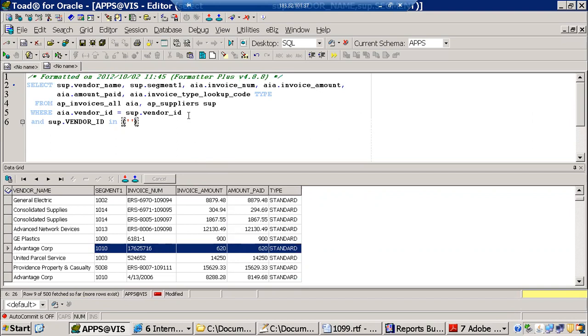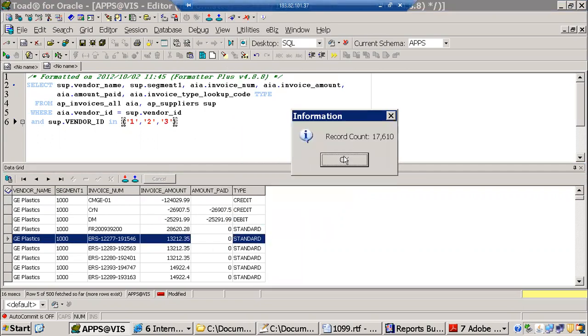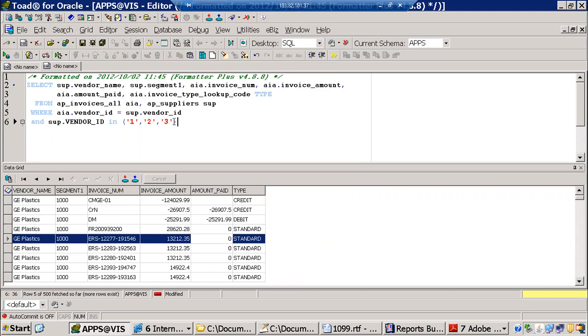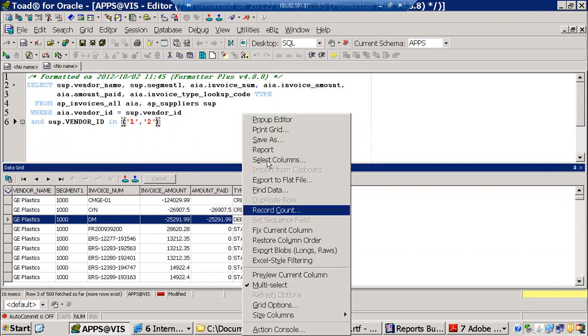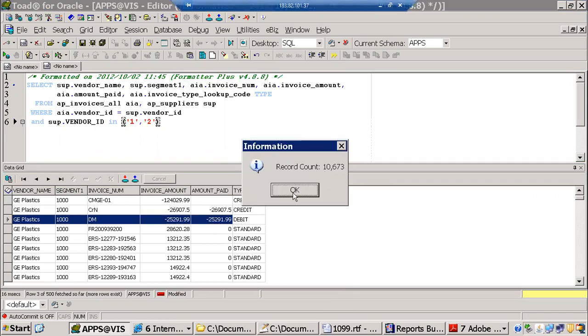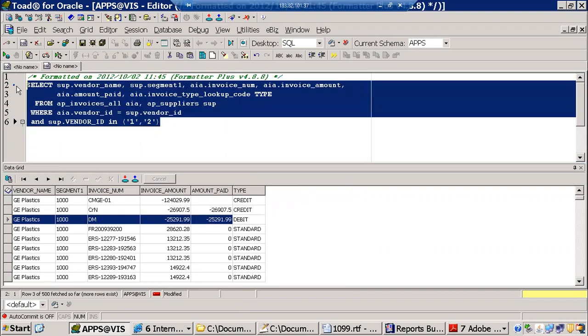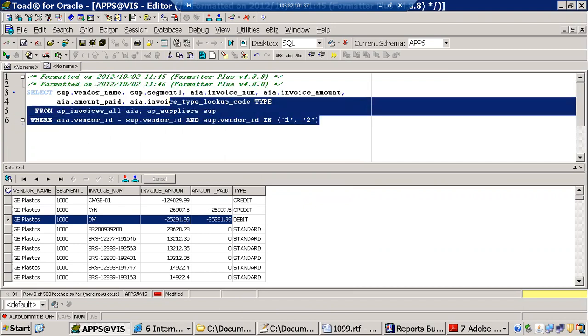Vendor ID 1, vendor ID 2, vendor ID 3. Only 3 suppliers are selected. Let's see how many records are there. Still 17,000. I don't want to load that many. 2 is enough. 2 suppliers I am taking as an example. Still 10,000 records are there. So it's a simple query only. You can keep adding some columns, but right now I'm okay with this to explain a few points. Okay, take this query,